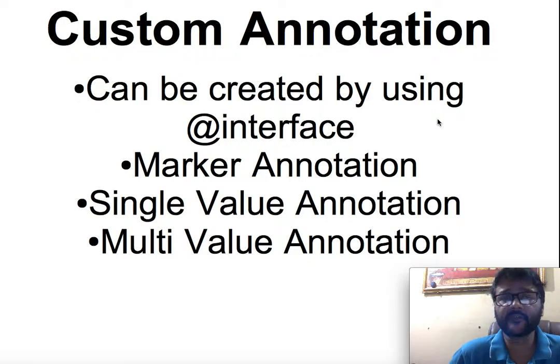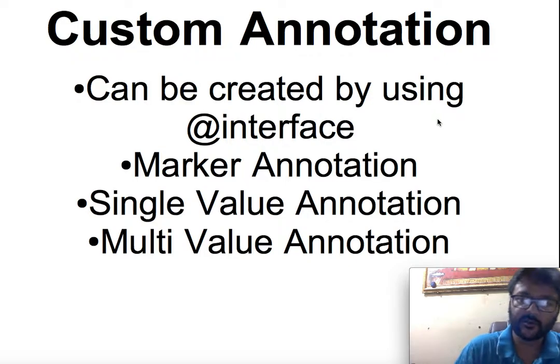So if you want to create a custom annotation, then you have to use another annotation called @interface. And there are different types of custom annotations. If you want to create your own annotation, then it can be three types. It can be marker annotation, single value annotation, or multi value annotation. So for different purposes we are going to create these types of annotations. Initially we will look at how we can create an annotation which is called a